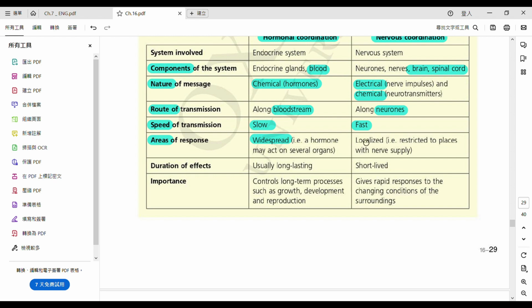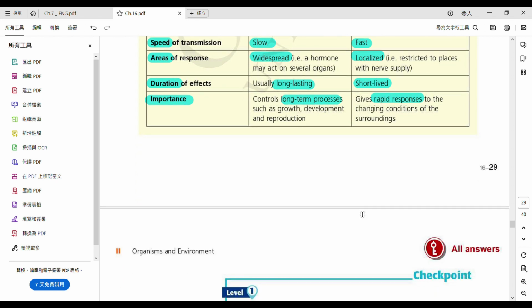但係 however for nervous control 係 localized, only a very small area, 係一個特定嘅區域嘅啫。Duration 佢個影響時間啦, hormone level long lasting, as I said, growth hormone again, so from day 1 to day 60 years old, perhaps. Okay, 但係 nervous 嘅 duration 咧係 short lived. You're withdrawing your hand, your leg is kicking up, only for a very short time. Okay。好啦，最尾啦, about their importance, 佢哋嘅重要性啦喎。Okay, so the hormone level 佢會 control 一個 long term 嘅 process, 係一個長時間 process。For example, 你嘅 growth 啦，你嘅 reproduction。However 啦, for 你嘅 nervous control 嗰陣時，佢會俾一啲 rapid response, 一啲好快嘅 response。Alright, so mainly if you remember 啦，就係講到你嘅 reflex action 嗰陣時咧，就會係 to protect you from further danger 嘅，得唔得？